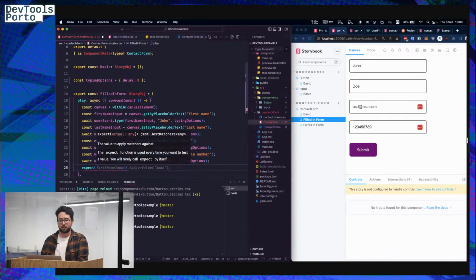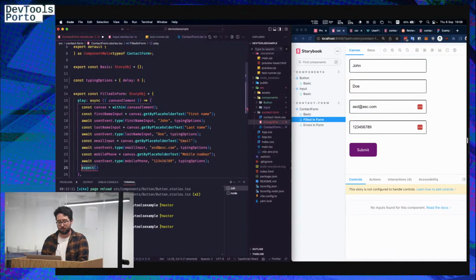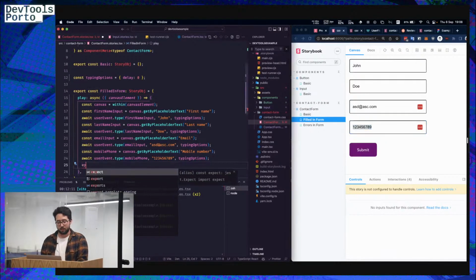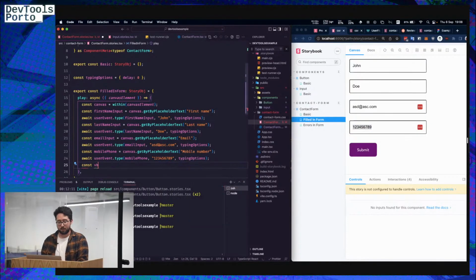And then I can actually go ahead and do some assertions. So I can expect, for example, that, but actually in this case what I want to do is just see if the button is enabled. So in this case, if I put an invalid input, my button is disabled, right? So let's say I want to just validate that, if I get the button here,